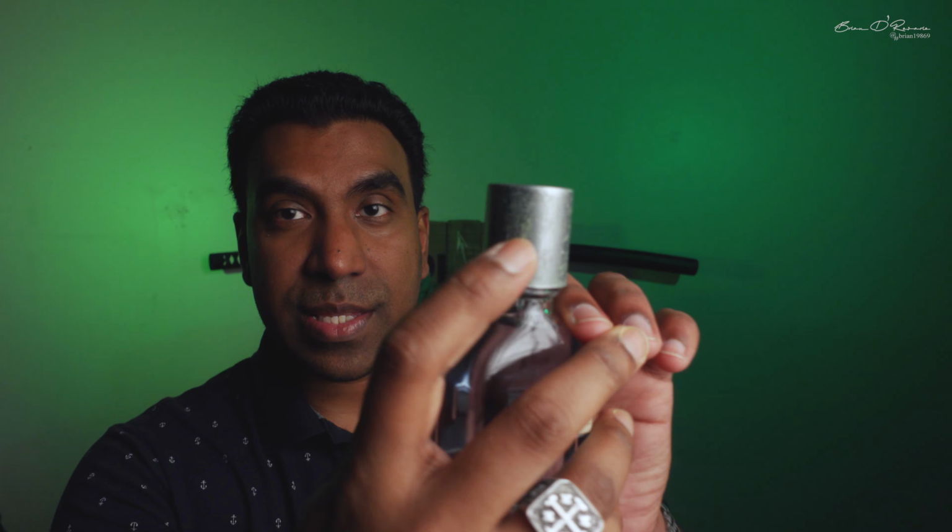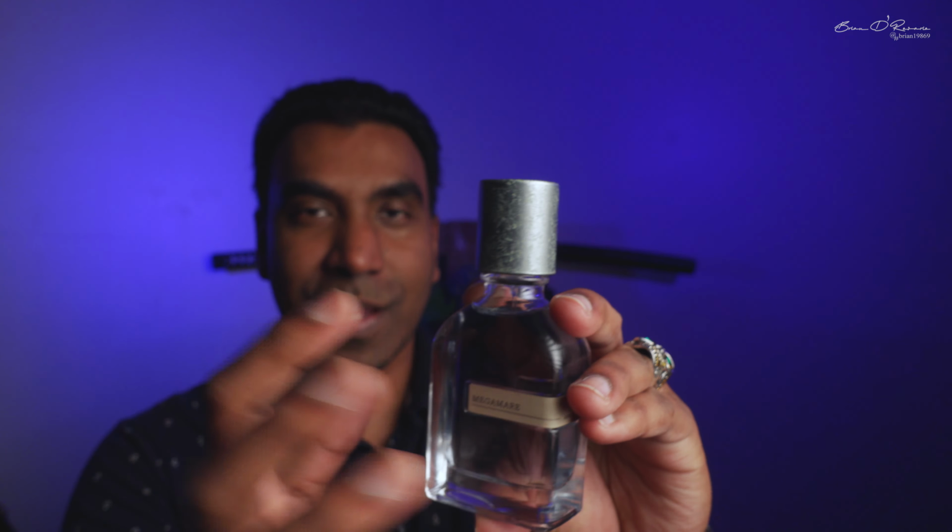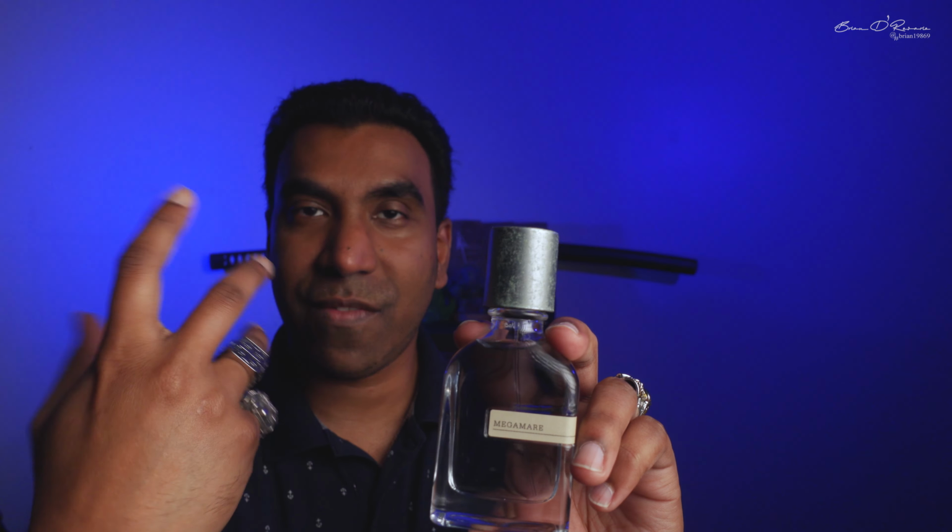Now about the cap, I was talking about the cap. If you have ever been to a shipyard, or if you have noticed a ship or a piece of metal that's been lying near the sea, the salty air, the salty water, there's kind of corrosion, and the minerals and the salt react. You see this kind of texture, like the metal corrodes, and there are textures like copper, zinc, this weird kind of mixture, the alloys. It's so beautiful. When they say they captured the essence of the ocean, the vast ocean, I mean,